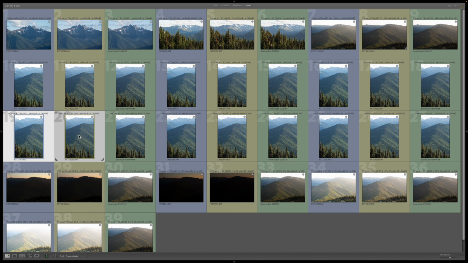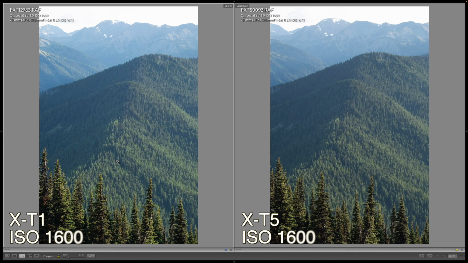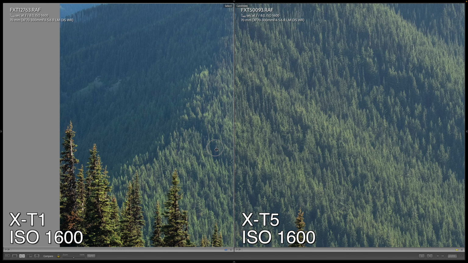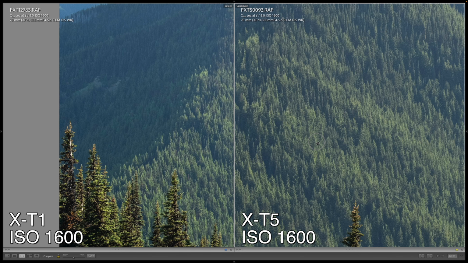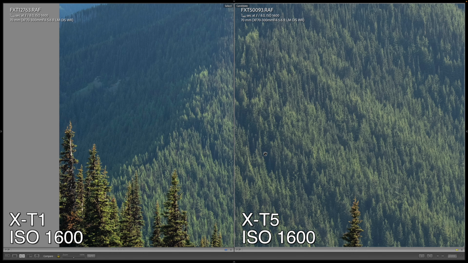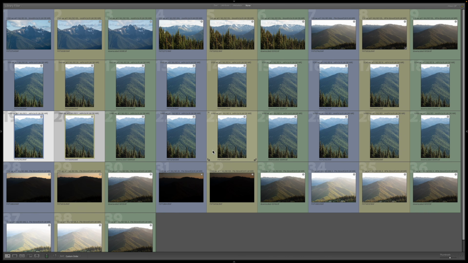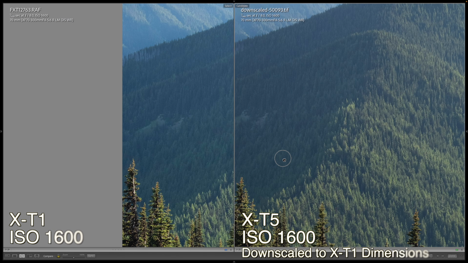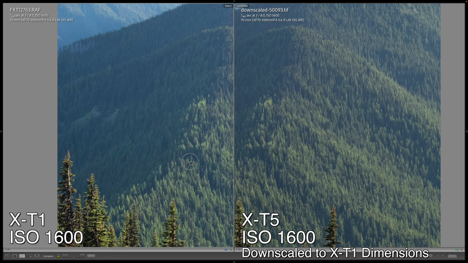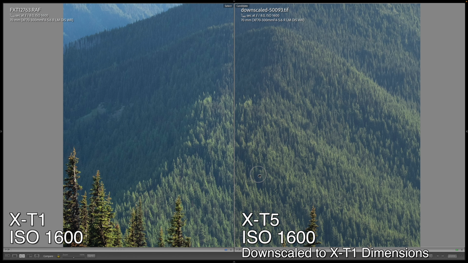We'll go to ISO 1600 here. Go back to that same spot. Alrighty. So I can definitely see a little bit more noise in these shadows on the X-T5 versus the X-T1, though not as noticeable. But then, if we were to downscale the X-T5, what do we get? To me, it looks a little bit cleaner now than the X-T1. So I think the X-T5 is